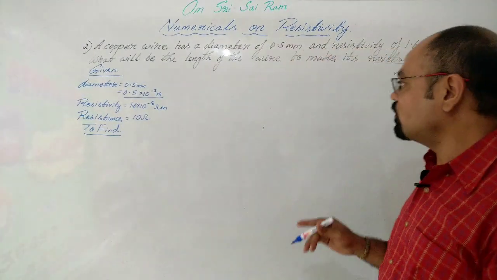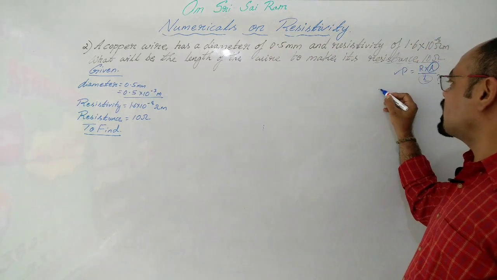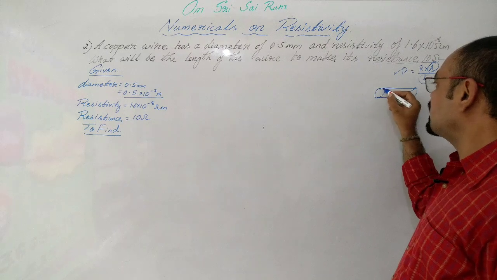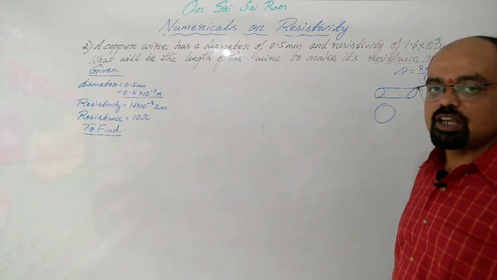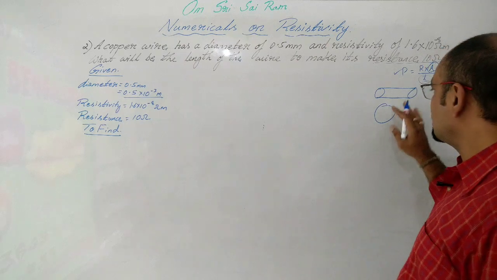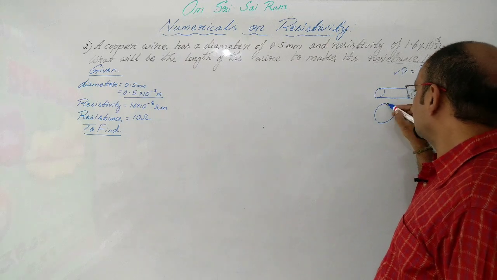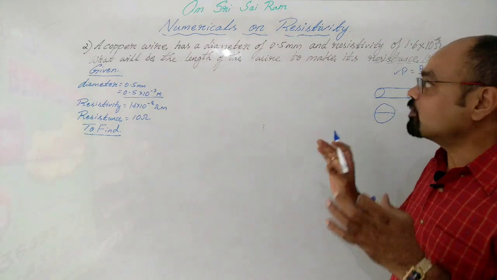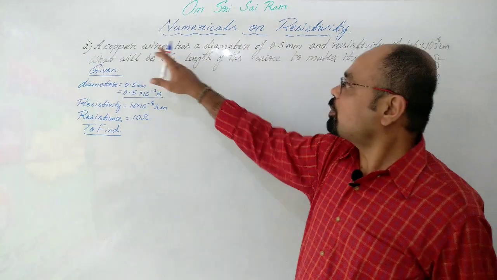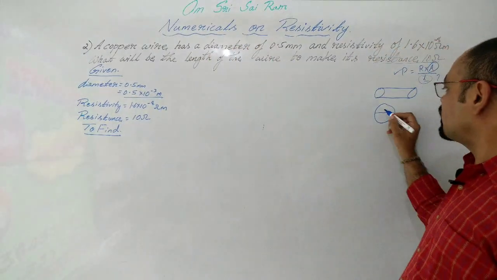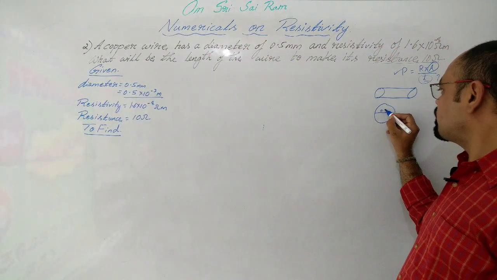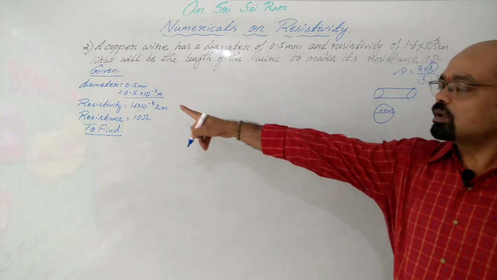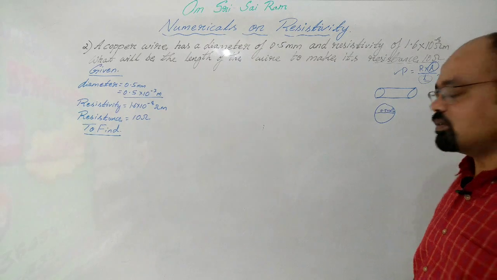Right? So generally how does the copper wire look? When we magnify the copper wire, this will be the thickness, and here you can see it's circular in shape. So this circular shape has a diameter, correct? This diameter of the copper wire they have given. A copper wire has a diameter of 0.5 into 10 to the power of minus 3 meters in its respective SI unit.